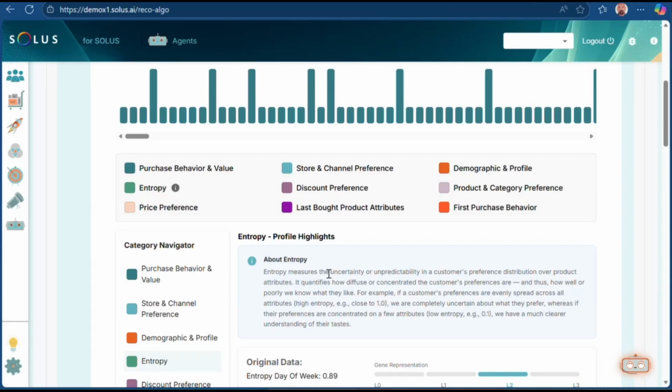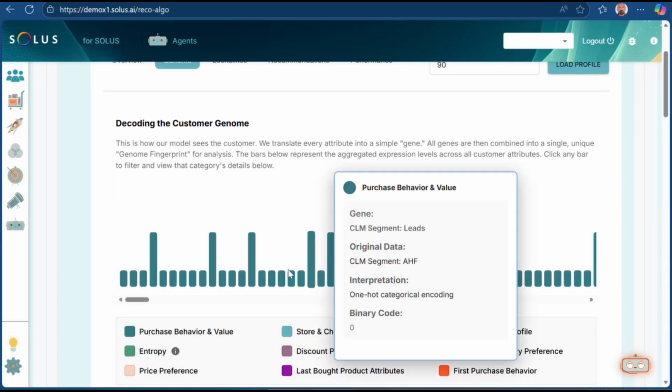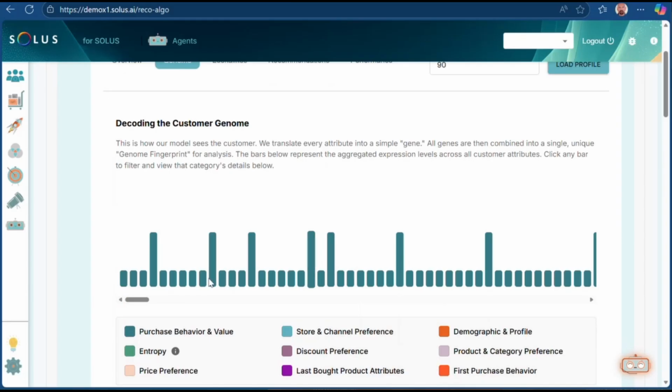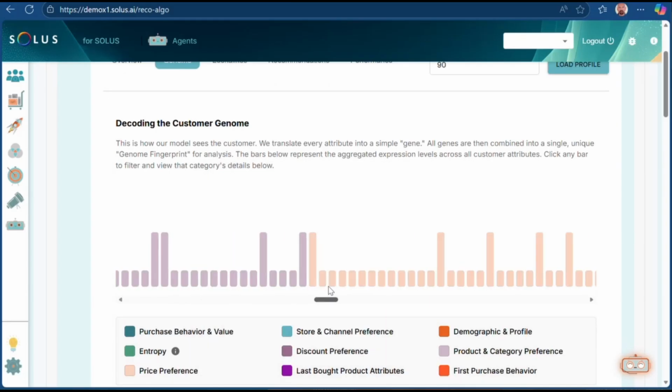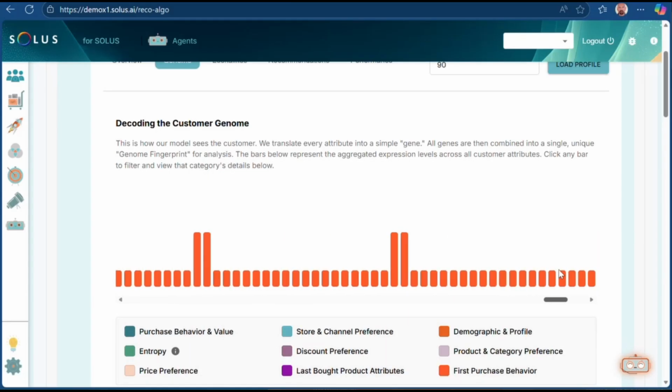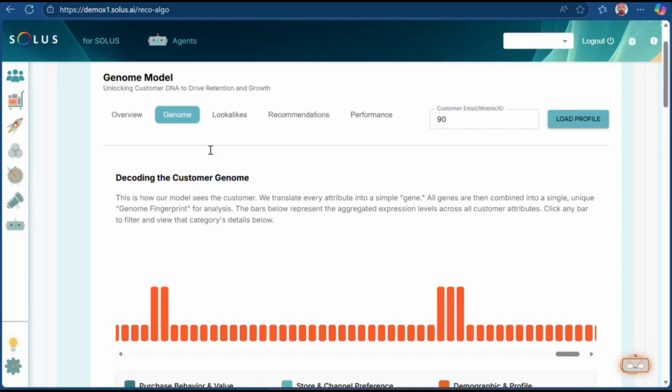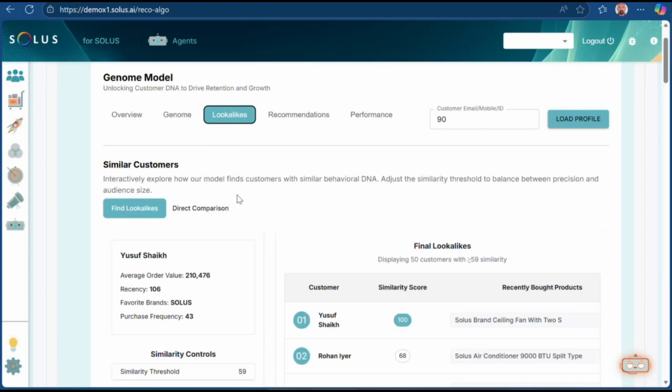So when I consider all of these factors, I now have what I call a customer genome, which is a way of characterizing my customer across a whole bunch of attributes. And this could run into the hundreds, right? And depending upon how I chunk it and put it in bands, my eventual data, if I think of it as a binary string, could run into several thousands. Right. Now I could say that each customer is the center of the universe, and I'm going to ask myself, given that this customer is the center of the universe, who are the customers who are similar to this one? Let me draw a circle around that customer.